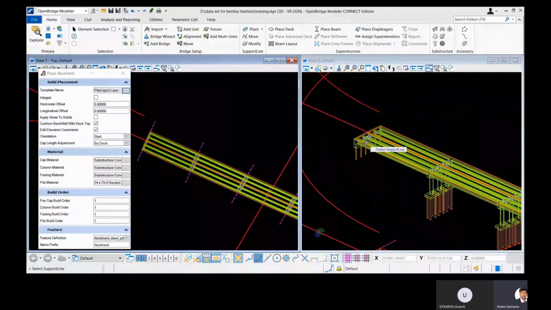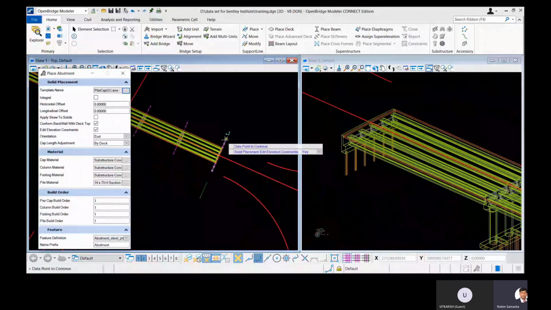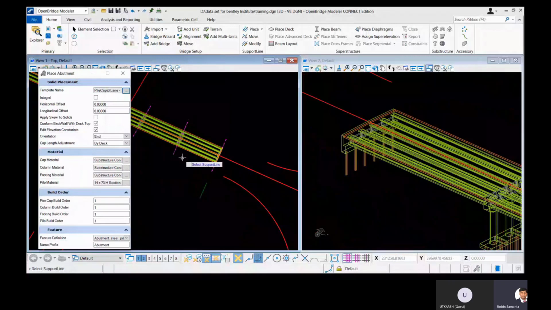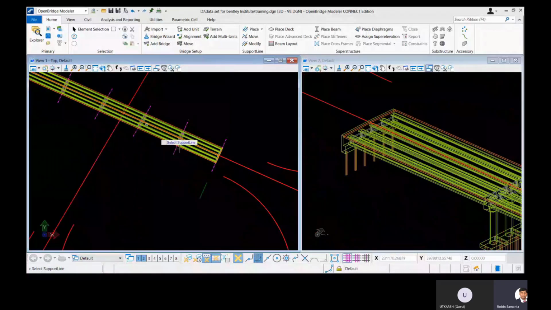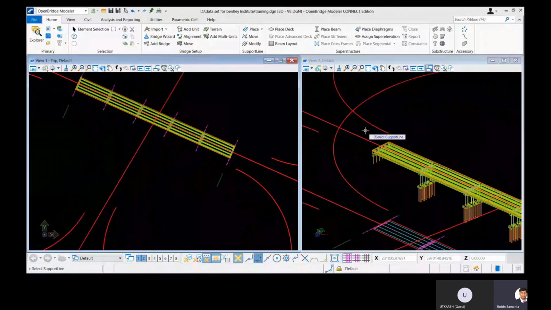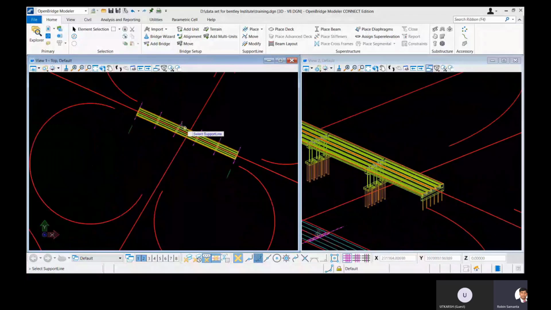So it's very easy. In a similar way, you can select the end support lines, and you can see that by default the orientation has been changed because the program reads that it's the end support line. That's by the numbering of your support lines. Similarly, you attach the terrain model and place the second abutment. So that's the end support. So the complete substructure is done, except the bearing. We didn't place the bearing so far, but we can visualize how it is placed.